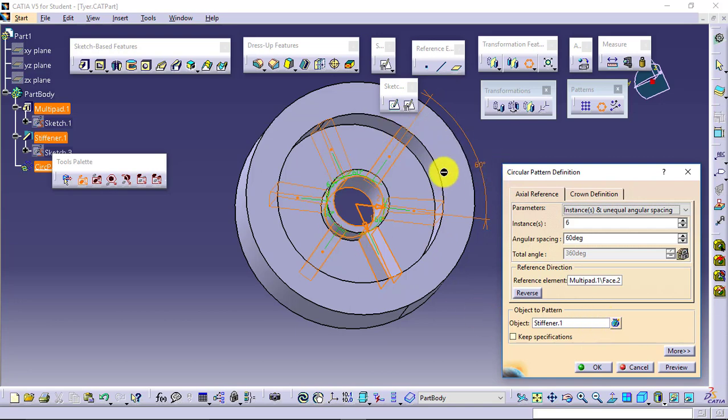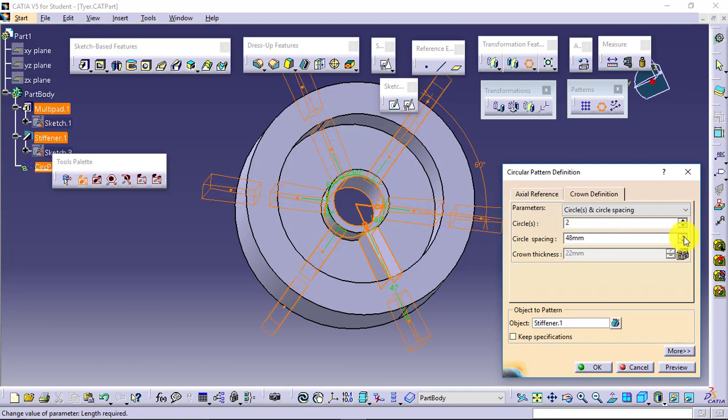Along with this, we can have crown definition. Just like we have first direction and second direction in rectangular pattern, here we have crown definition. You have one circle created. After this, if you want to create the second circle, then you can create that as well.